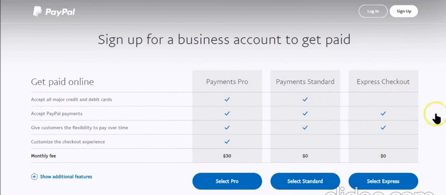I mean, why would you do this? They're both free, and this has another option. So I just selected standard. You can do whatever you feel suits you best, but now we're going to enter in an email address and click next. Okay, and then it's going to ask you for some basic information, not only your email address, which does become your username, just so you know. We're going to go ahead and enter in our password, your legal business contact information and address, and click agree